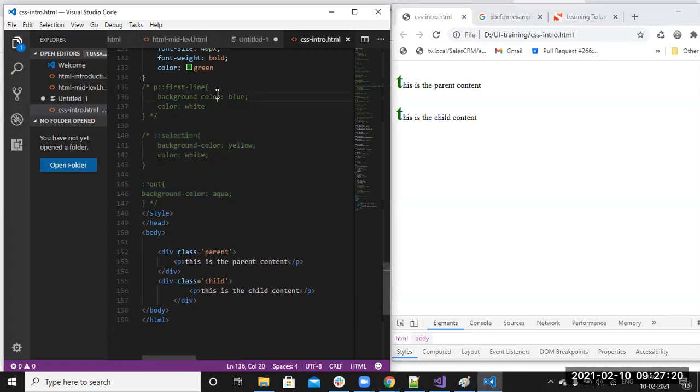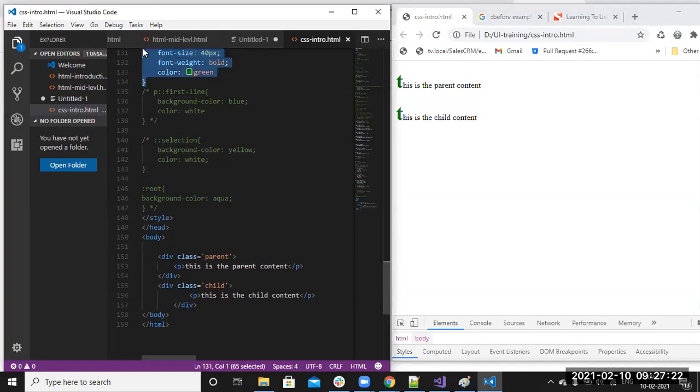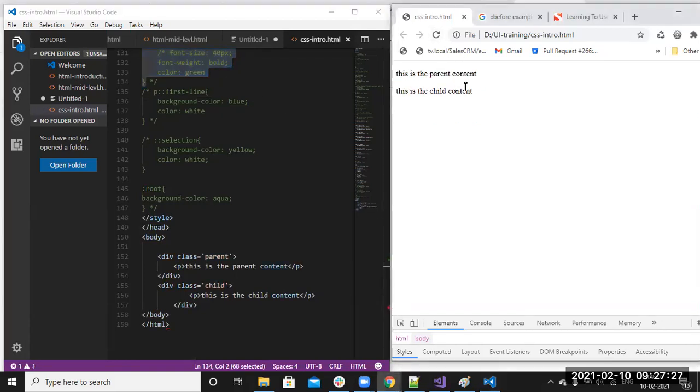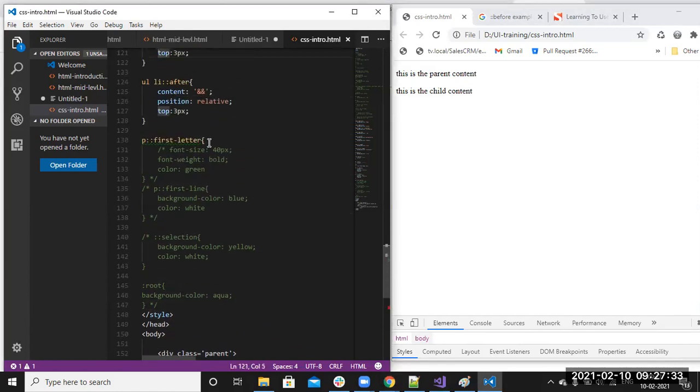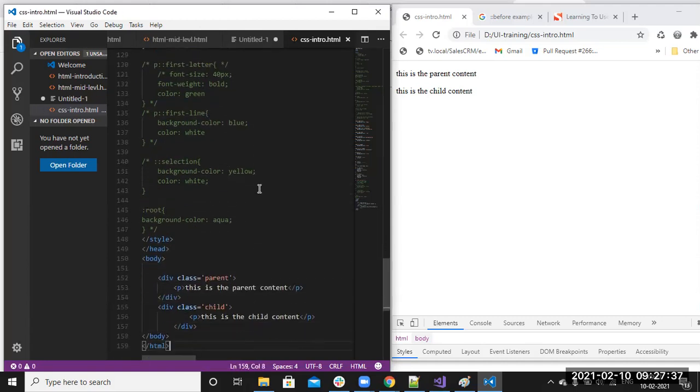Now first letter also I will comment out. I have here div class parent, and here div class child.